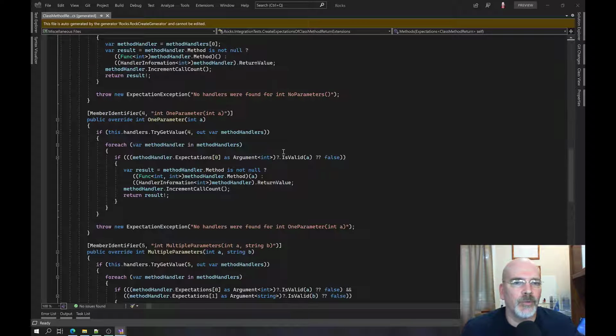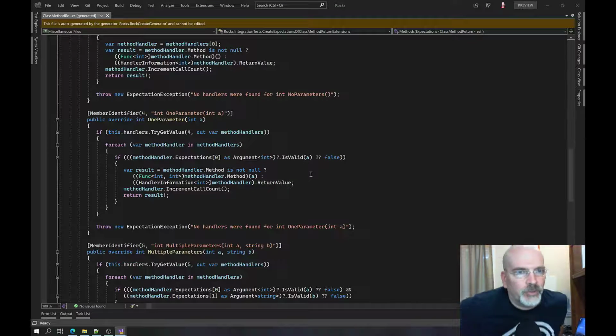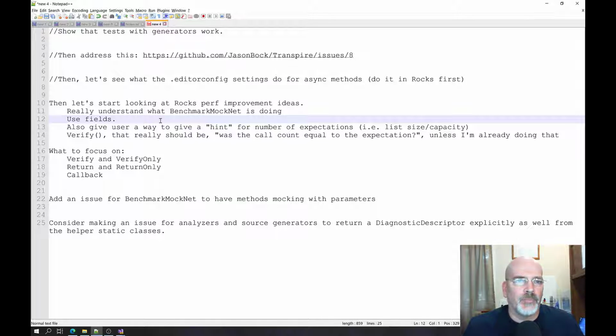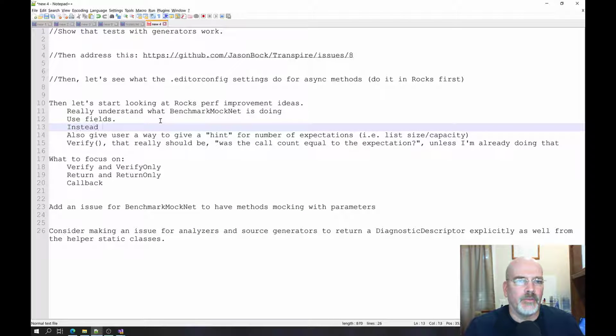So in the one parameter, I'm using this dictionary to say, well, it's for here, so that's what I'm going to be looking for, and then get all the method handlers, if it exists. If it does, then do a for each, doing all these casts, which honestly was one thing I looked at here too, and I said, well, there's no reason to do a null check here. It will cast. So instead of doing as, and instead of